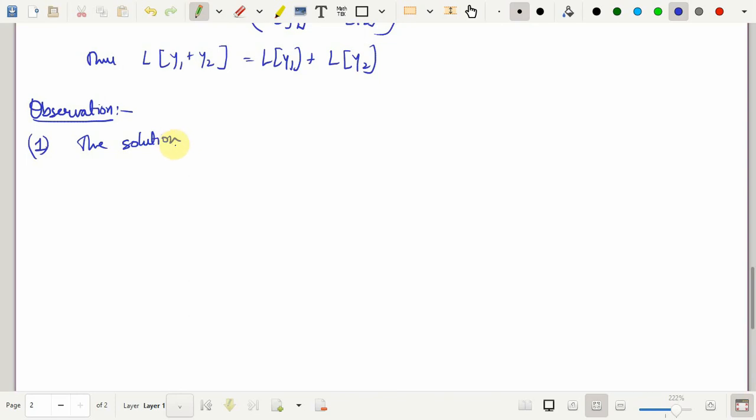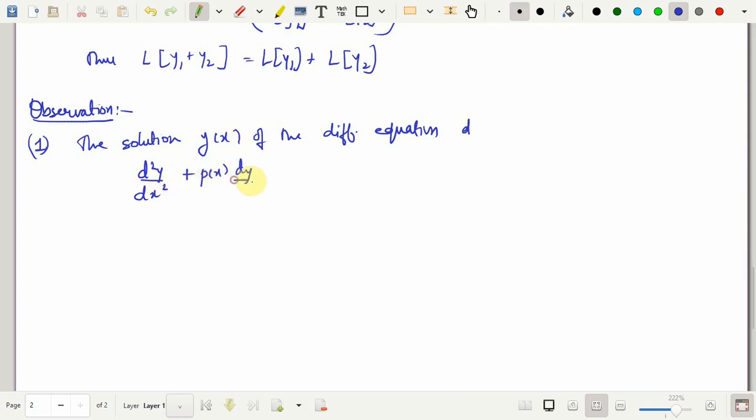So, the solution y of x of the differential equation d2y by dx2 plus p of x into dy by dx plus q of x into y is equal to 0. Let me call this equation 1, are exactly those functions